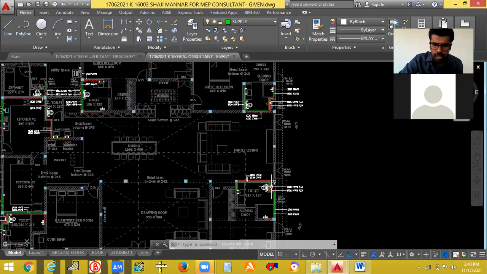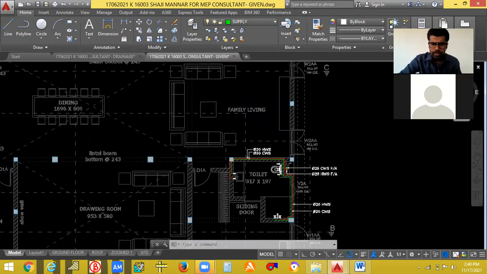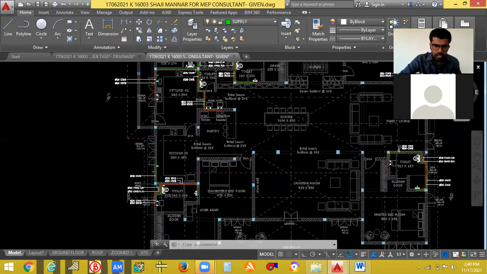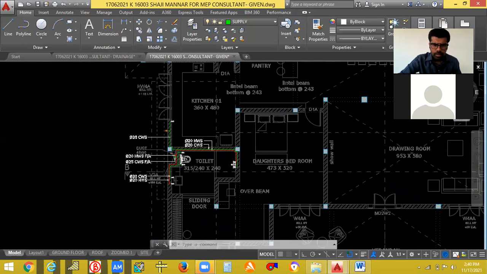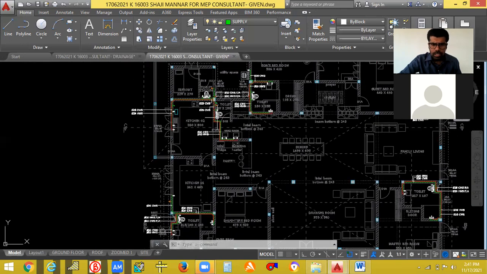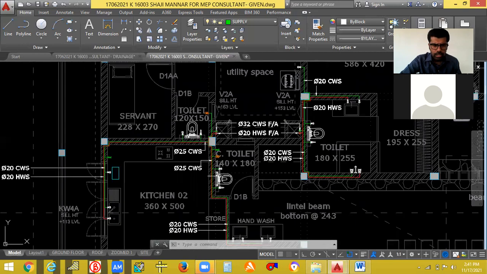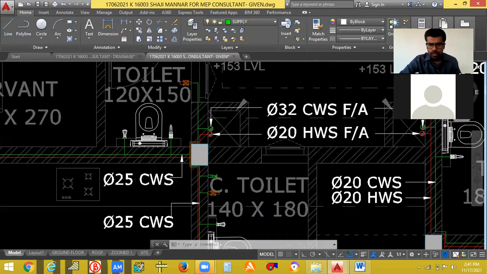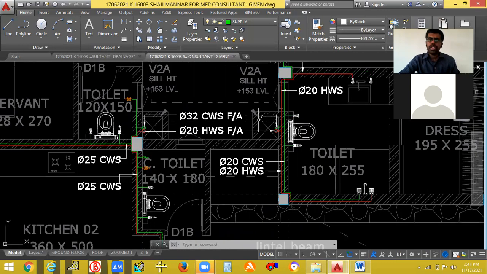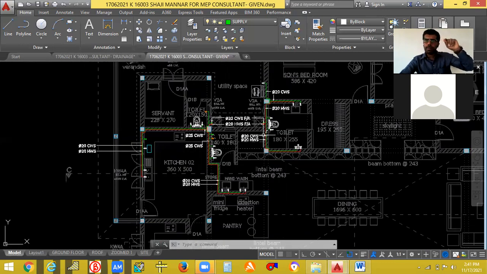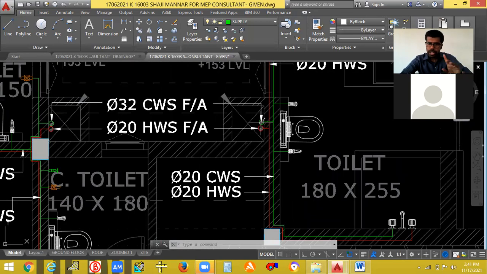Here is one, another duct is here, second duct, third duct is in this toilet here, fourth duct is somewhere here, fifth duct is here. So we have to route the pipeline in such a way that the line reaches all the ducts.